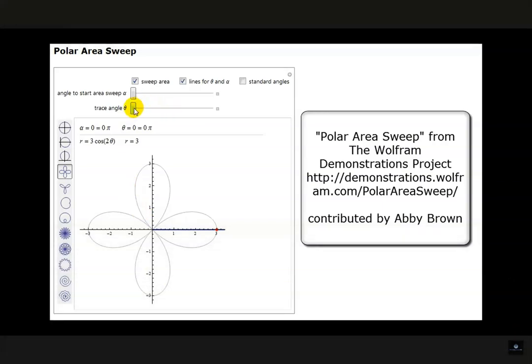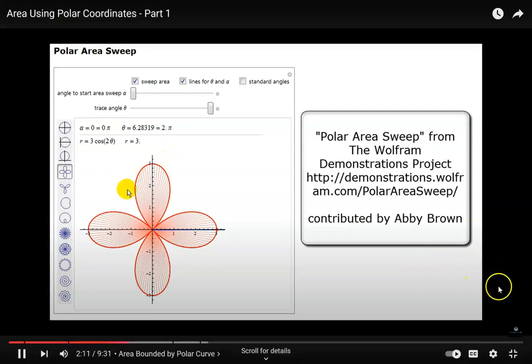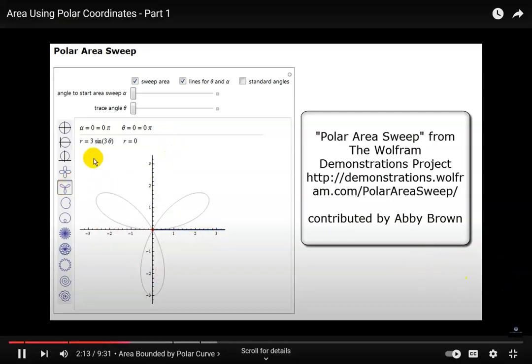But you notice as we go with our theta here, we trace the theta out, and it goes out our distance, right? Starting with theta being 0, it starts to plot all these points. And in this case, you get this rose curve with 4 petals. So that's a nice sweeping out of theta as you progress, and then it does the entire rose curve. There's another one here with r being 3 sine of 3 theta,